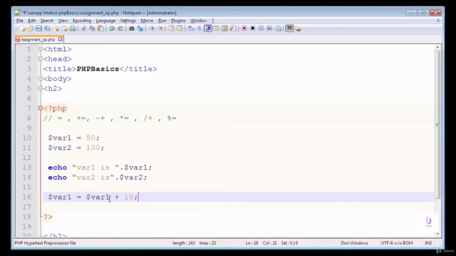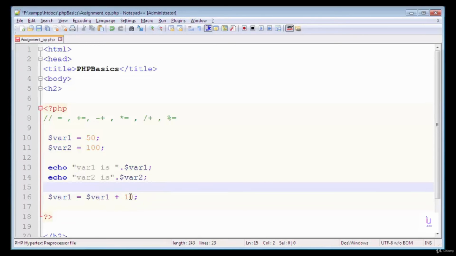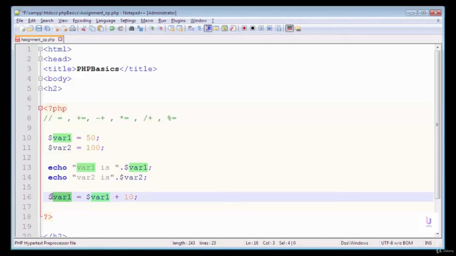This means that first it adds 10 to the value of variable 1, so 50 plus 10 is equal to 60, and then this 60 will be assigned to variable 1, which overrides the previous value, 50.